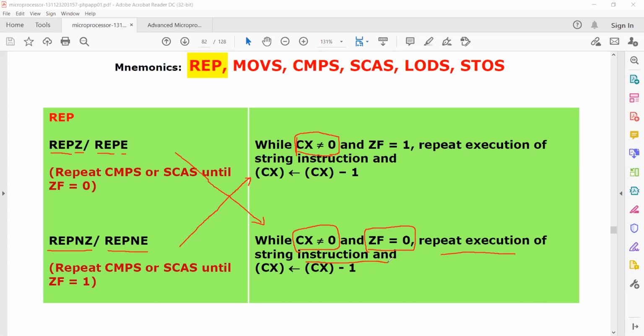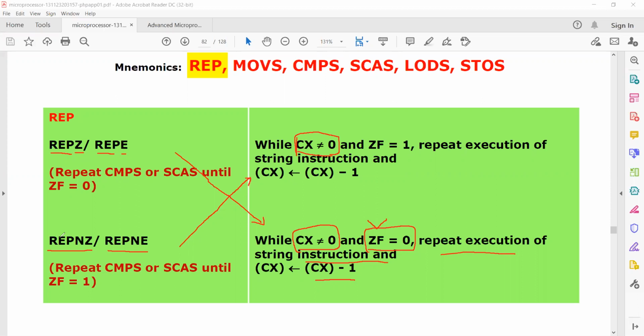Each time, the CX register will be auto decremented. So this is repeat on zero. That means when the zero flag value is equal to 0, the repetition operation takes place. That means we are using some condition here.